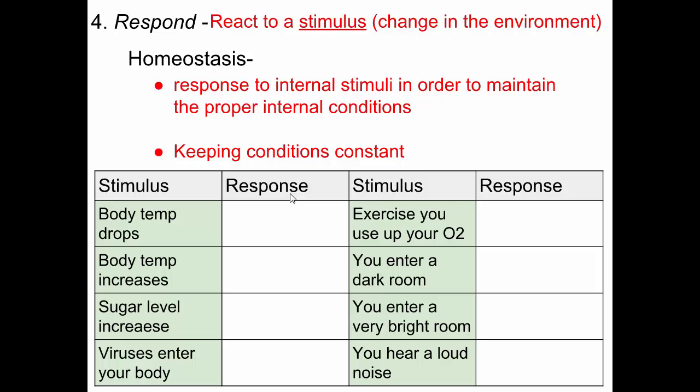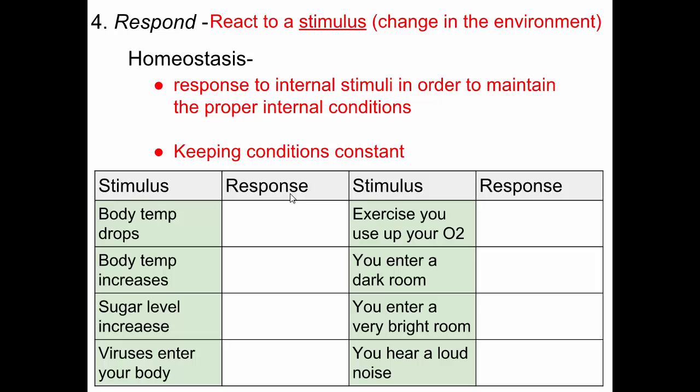And so if we think about some examples of homeostasis and response. If our body temperature internally starts to drop, how does our body respond? What do you do if your body temperature started to drop? What's our typical body temperature? Supposed to be around 98.6. If our body temperature starts to go down to 98,